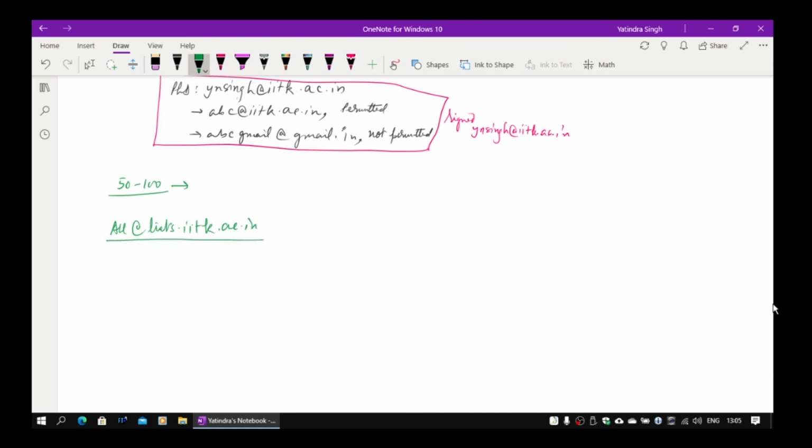Everybody who has a mail account in the iitk.ac.in domain, or whoever is a member of this list, will get this mail. This number is roughly about 13,500 as of now. As the number of students and faculty grows, this may become very large, maybe 25,000 or even a lakh if it is a huge institute.